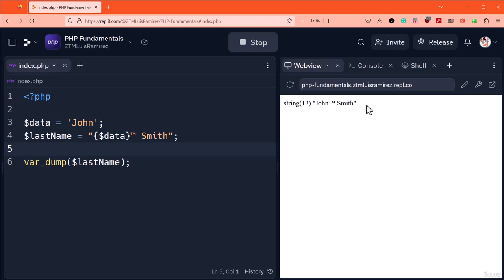There's one more thing I want to show you before ending the lecture. So far, we've been rendering the entire string. In some cases, you may want to output a specific character. It turns out that PHP allows us to access specific characters from a string. In the variable dump function, let's add a pair of square brackets. If we're dealing with a string, we can access a specific character by adding these brackets. Within these brackets, we must add a number. Behind the scenes, PHP indexes our string. It'll assign a number to each character. The first character is assigned an index of 0. The second character is assigned an index of 1, so on and so forth.